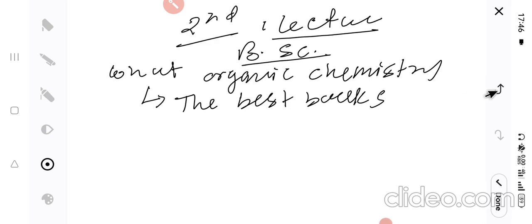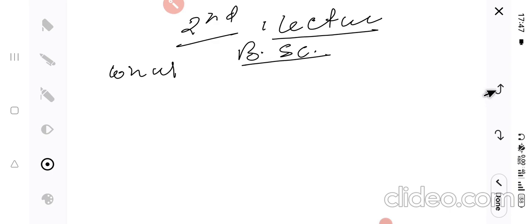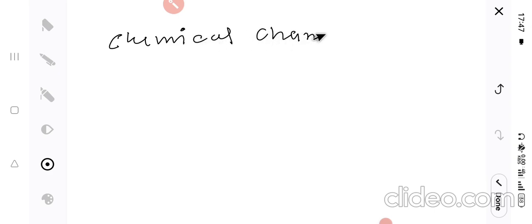Today, we are going to discuss the chemical reactions in organic chemistry. So first of all, we must know about chemical reactions, meaning chemical changes. The first topic that you have to learn is what chemical changes are. Chemical changes, first point. So, in class ninth,